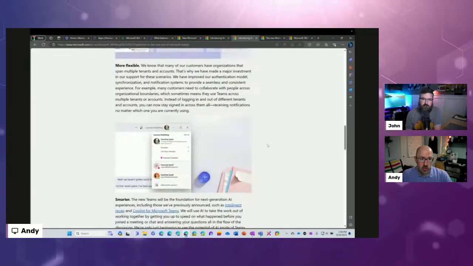One of the things they talked about initially that really hit home with me is it's more flexible, and they're talking about multi-tenant, multi-account. Many of us working with teams are not working in a single Microsoft tenant. We're working with teams across tenants, whether I'm in a production environment and we've got clients and customers